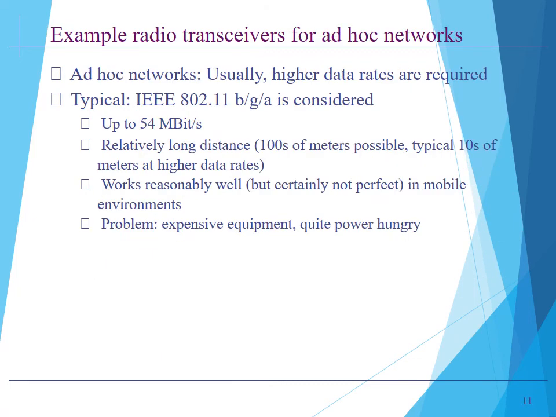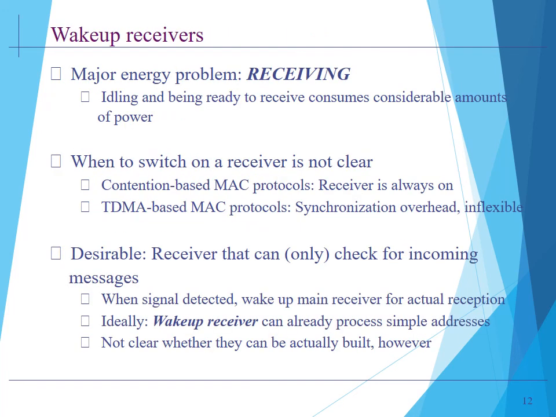Like wireless sensor networks, we have radio transceivers for ad hoc networks. IEEE 802.11 with the extensions B, G and A is used for ad hoc networks. It can cover long distances and works well in a mobile environment. Apart from the basic transceiver concepts, we have advanced concepts for radio communication. They are wake-up radio, spread spectrum transceiver and ultra-wideband communication.